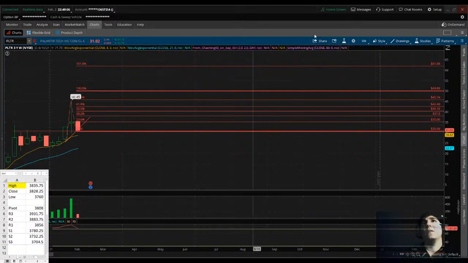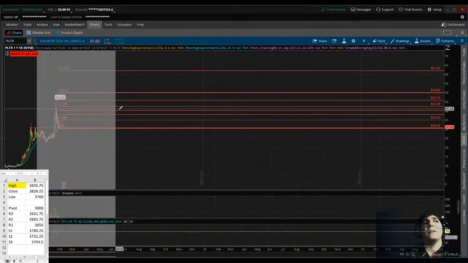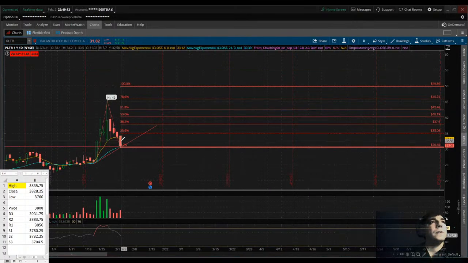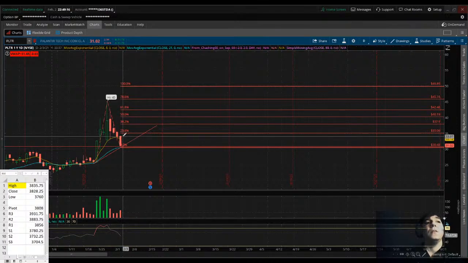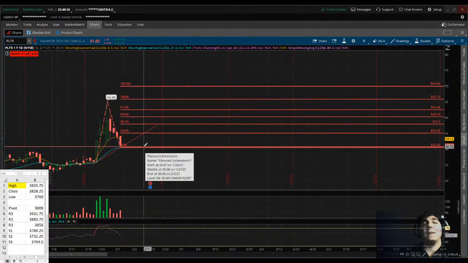I don't think that's today. Oh, I'm looking at the weekly. As I say, I don't remember it being that high. Today was 34.20. Yeah, so a move up and over 34.20 would be extremely bullish on Palantir. But that's what I do. So I look for